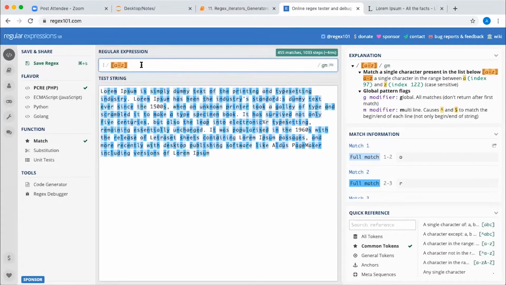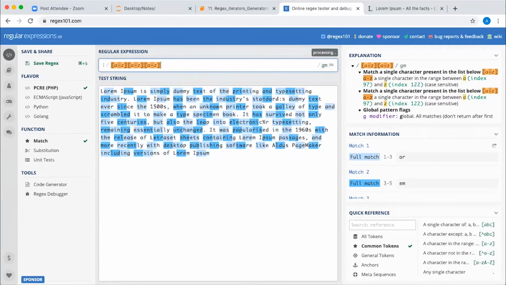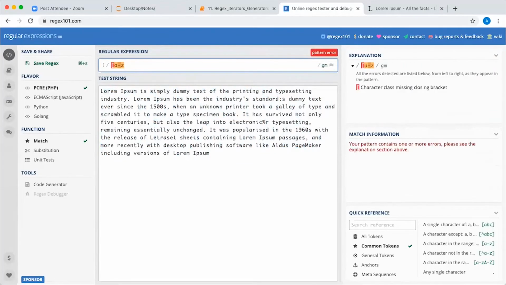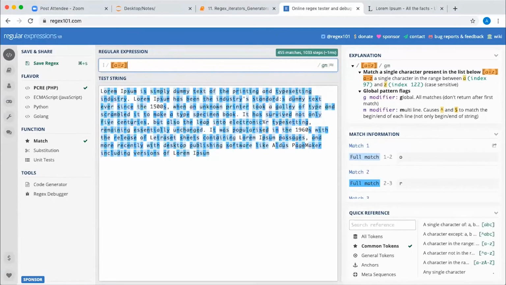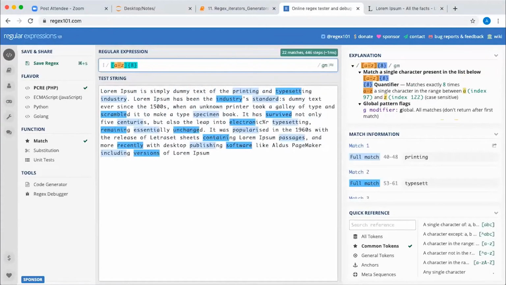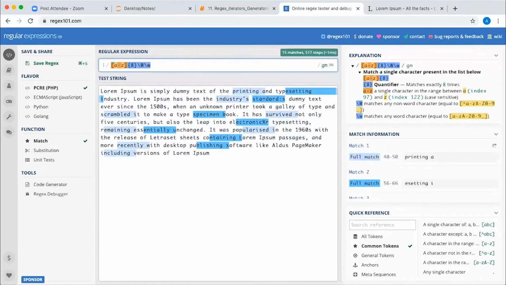So A to Z, or we can write A to Z with a repetition of 8. And then I'll be having \W, which is including this, and then we'll be having \W. I don't want these space characters.